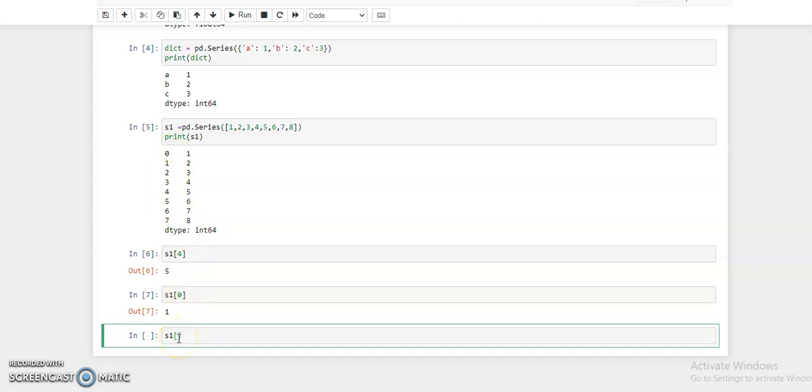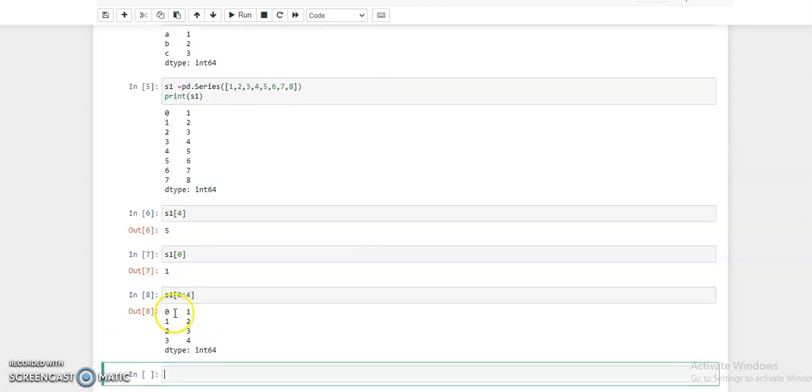We use the slice operator, so we pass 0, slice, and 4, because 4 is exclusive, not inclusive. It means the result is from 0 to 3 only. Then we run. You can see here we have sliced the series from 0 to 3.